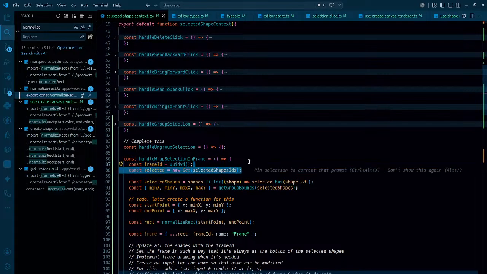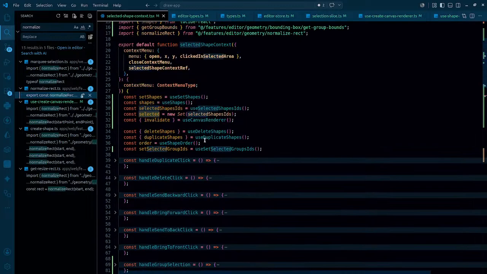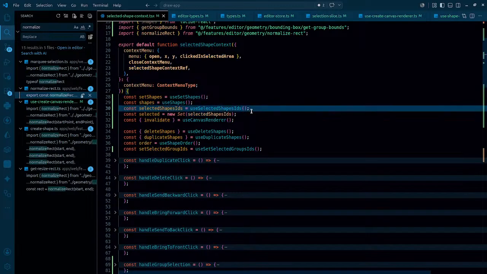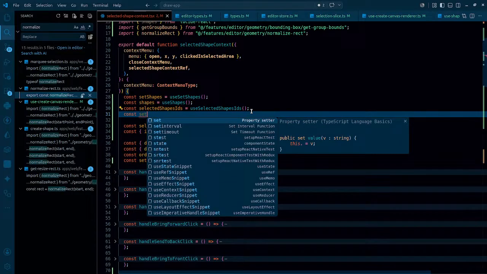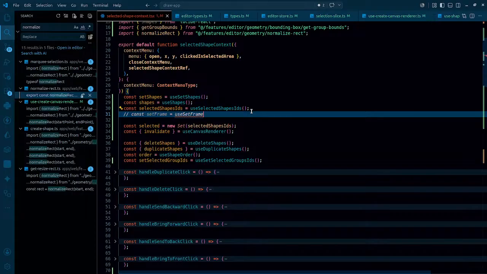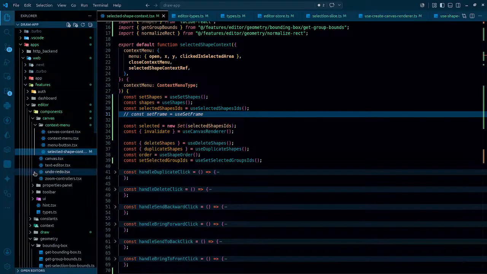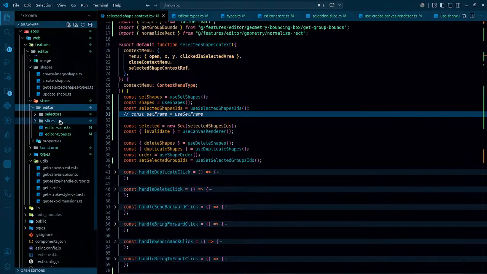Selected was already present. Const set frame, and that's going to be use set frame, and it does not exist. In that case, let's go to the store editor,